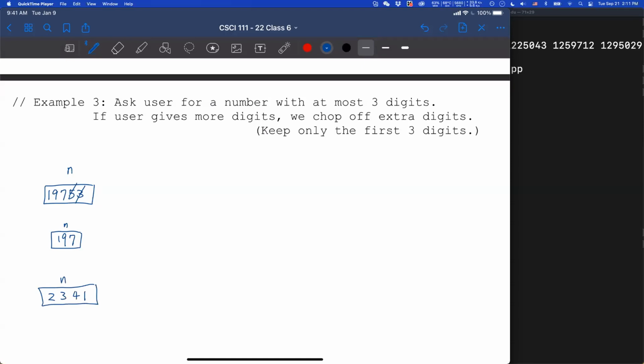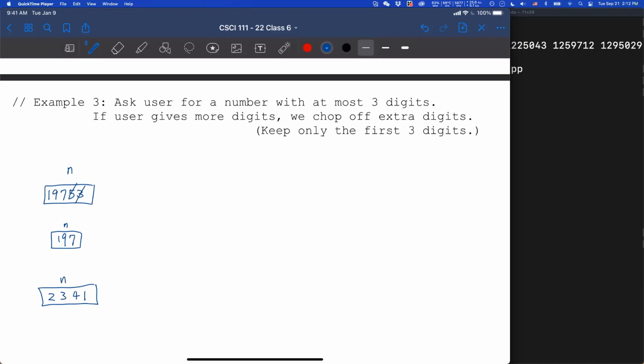If you divide it by 100, you will only be left with 23. But if the user gives more than 3 digits, you want to chop off the extra digits, which keeps the first 3 digits. How do we know when to stop? If the user gives too many digits, we need to get rid of the last few digits.